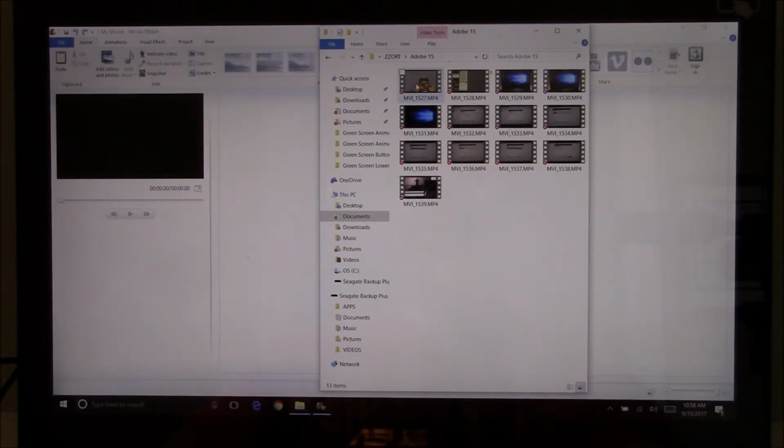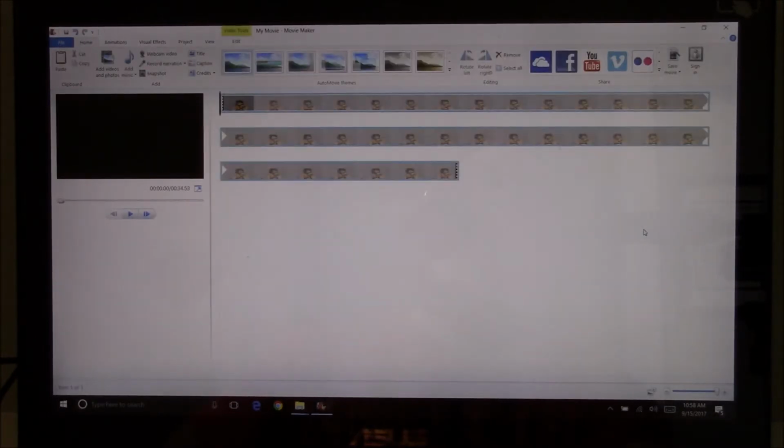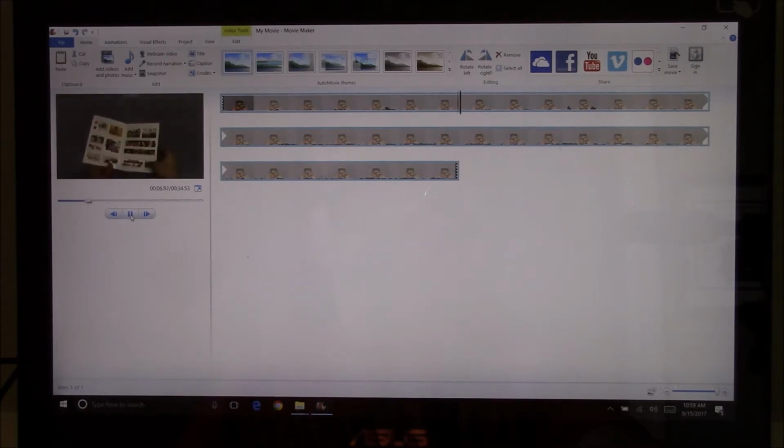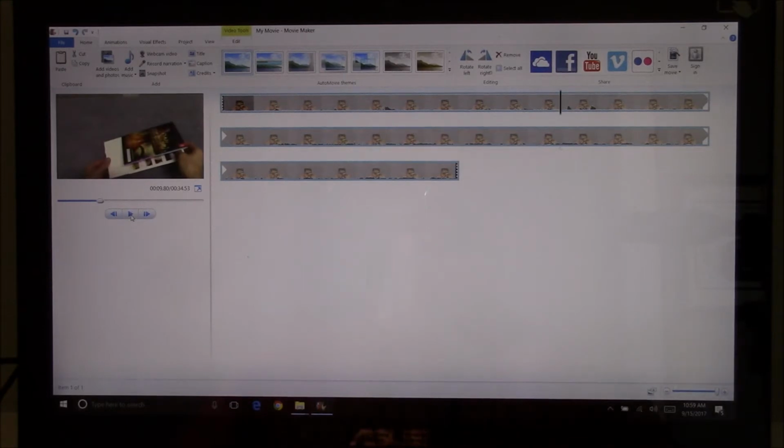So I'll pull the first video clip in. And once it's loaded, you can see what it looks like. So let's just take a minute and look at that video. Notice there was a lot of noise in the background, and what I like to do is eliminate that noise and mute that clip. So what I would do is double click on this,